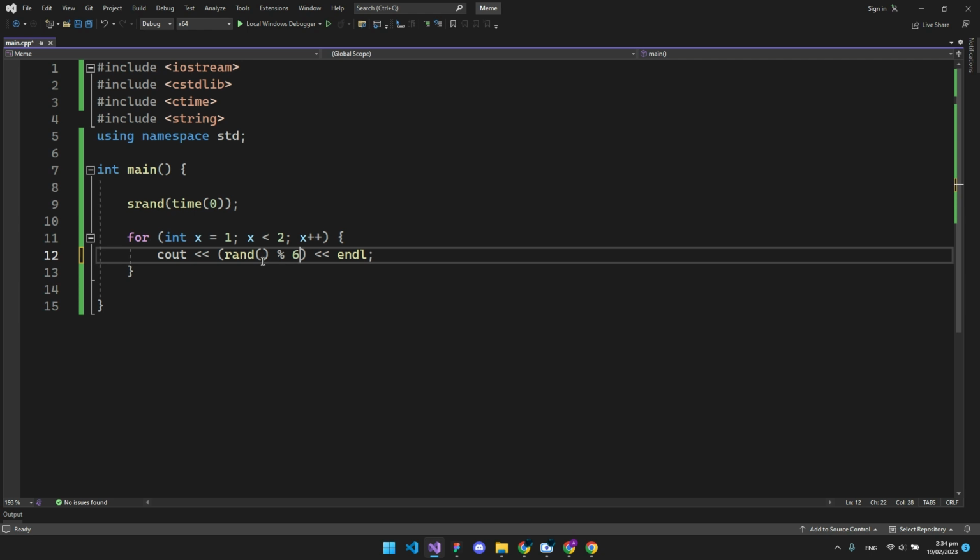But you know a dice has 6 numbers from 1 to 6. So as you know, we can just add plus 1 and we will get a number from 1 to 6 every time we run the program. We don't need to change anything. We have set this program, and every time we run, it will just give us a random number between 1 and 6. So when we run this,